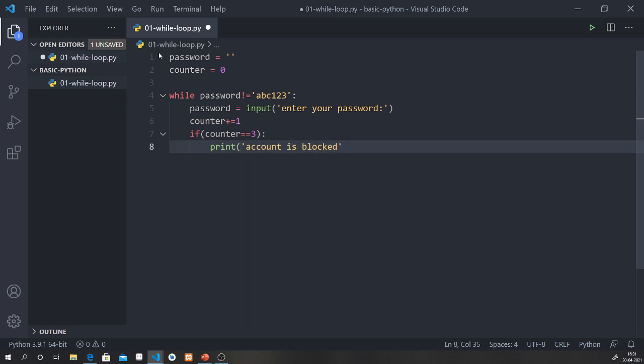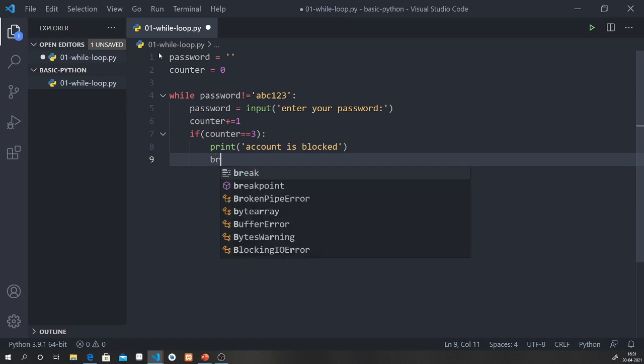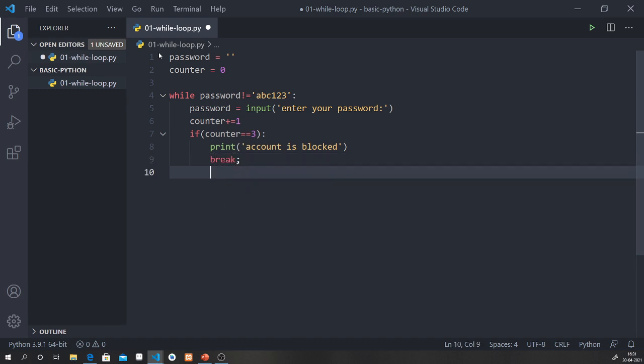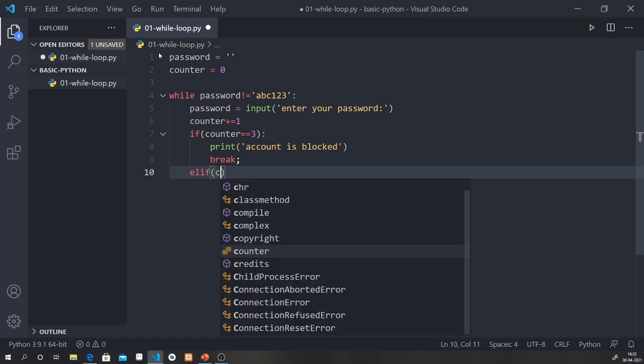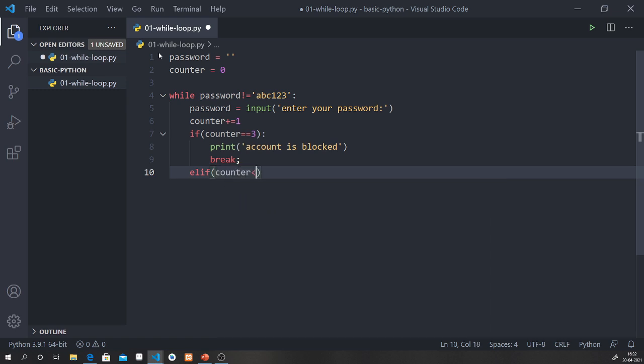And then I have to type the break statement, and I will include another if statement to check whether the counter is less than or equal to 3 and the password is equal to, using the equality operator, abc123 or not.